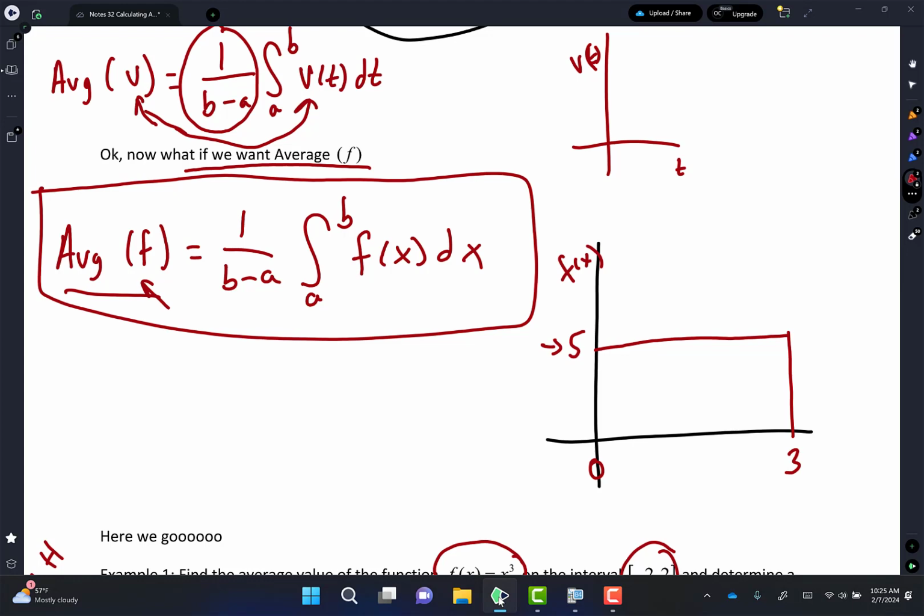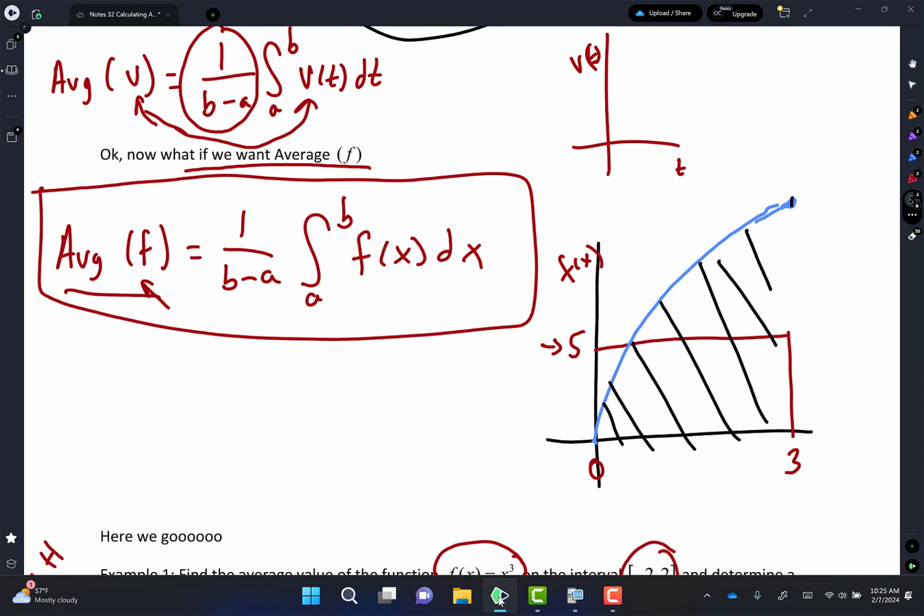If I had a curve, and I'm just making up a curve, guys, and I told you that the area under this curve, do you see all that in black? That's the area under the sky blue curve. If I told you that the area under this curve was 15, and I asked what's the average value of that blue curve, you would tell me that the average value of that sky blue curve is